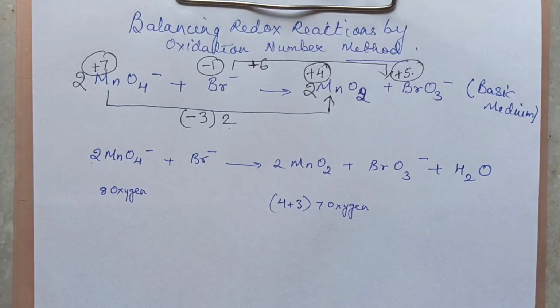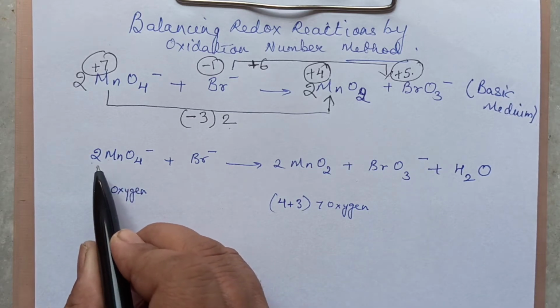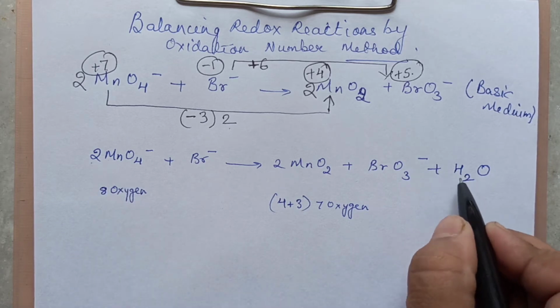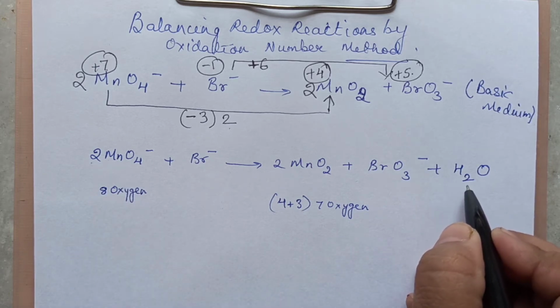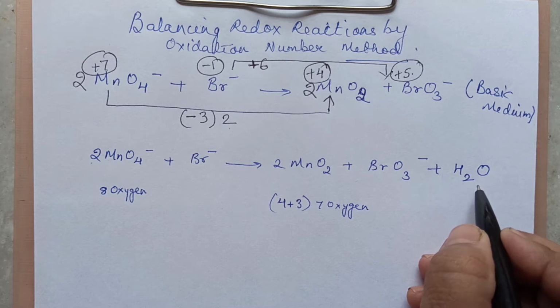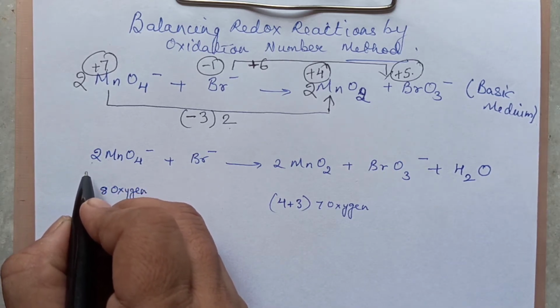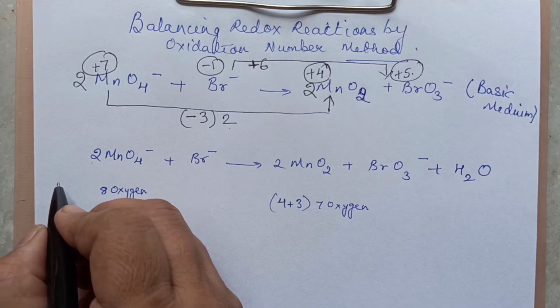Now, we have to balance hydrogen. Sorry, oxygen we have done. We will balance hydrogen. This is in the basic medium. Method is exactly the same like we did in the ion electron method. Right? Let me tell you once again. There is no hydrogen on the left hand side. Hydrogen on the right hand side you have only 2. When you have 2 hydrogens on the right hand side, to the deficient side you are adding water, like we did in the basic medium of the previous method.